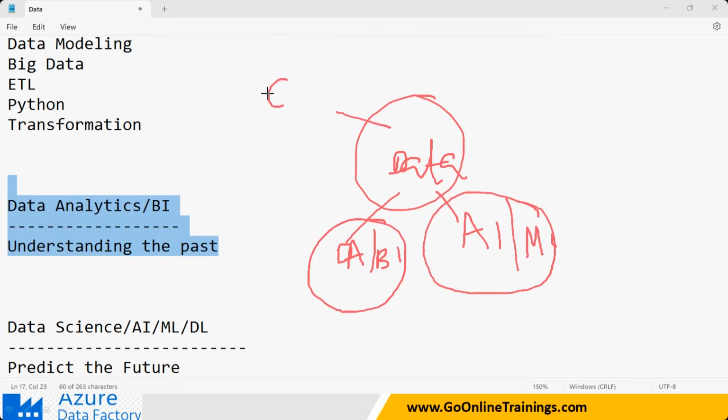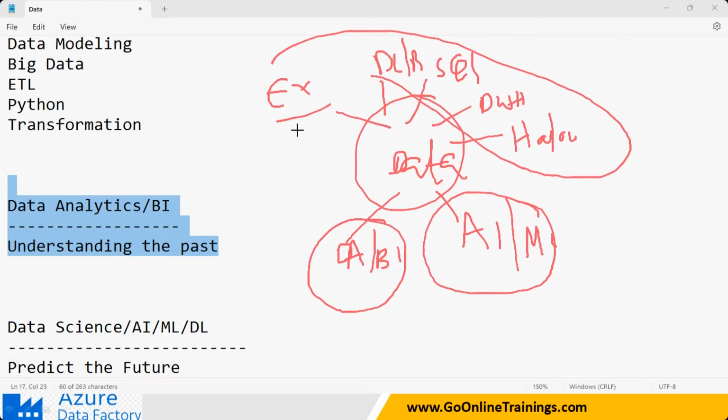This data may be there in Excel, or in the data lake or in the blob. Clear? If it is a cloud or it is on premises, in Excel, TXT files, or maybe SQL, or maybe data warehousing, or maybe your Hadoop or Spark. Clear? So all the data may be there in the cloud, or some of the data may be on premises. If you can work with all these things, you will become a big data engineer. If you learn Power BI, you will also become what? A data analyst. If you learn AI and ML, you will become a data scientist or AI engineer.